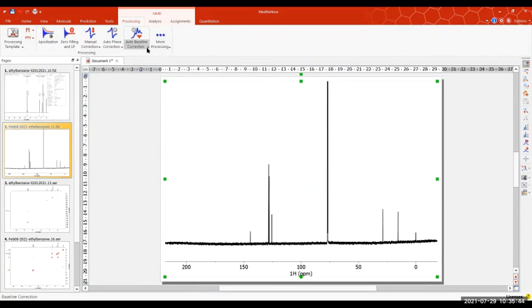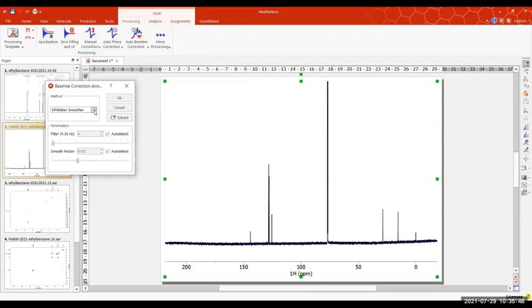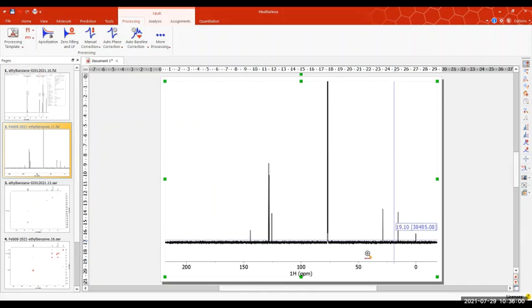For those carbon-13 experiments, those Bernstein polynomial fit does not work quite well. So I will use those Whittaker smoother baseline correction, which is more aggressive. So I'll choose that one, click on OK, and that will make the baseline completely flat. So I'm done with the processing for the